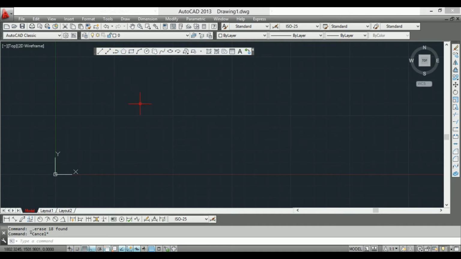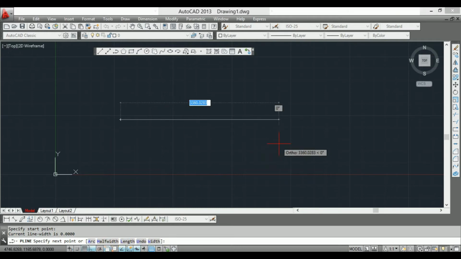Polyline is basically a join of two commands. The first command is line and the second command is arc. After the combination of arc and line commands, we make a polyline. Suppose we click on polyline, then you have to check the command bar. Over there it is written, specify first point. Then you have to click on the first point. Now, do you want line or arc? You have to see this in the command bar: arc, half width, length, undo, width.